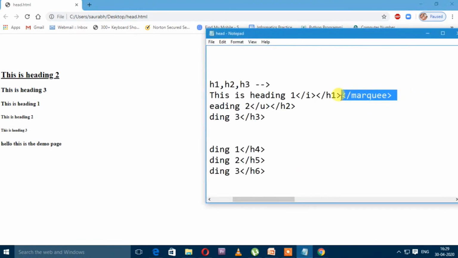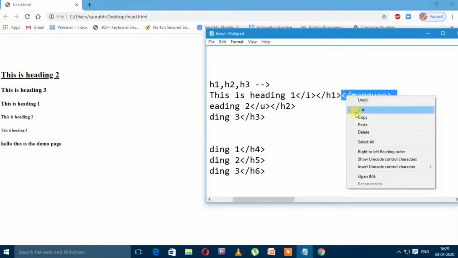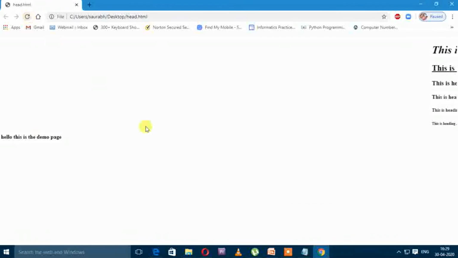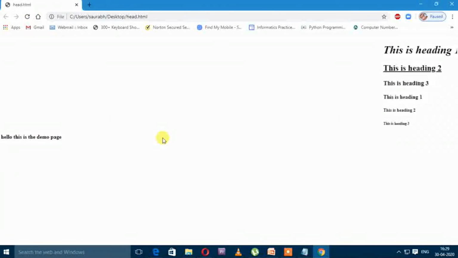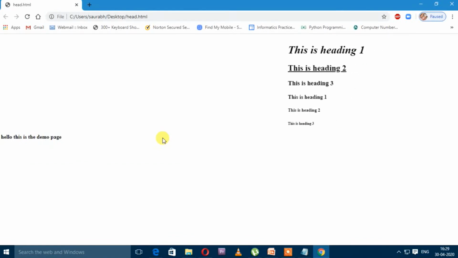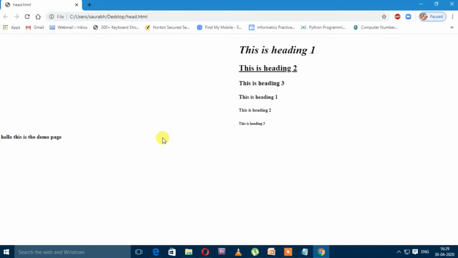So look at here, what will happen? File, save, refresh. The whole or the both paragraphs are moving on the web page. We can control the directions of marquee tag, but it is not in your syllabus, so we will discuss it in next classes.